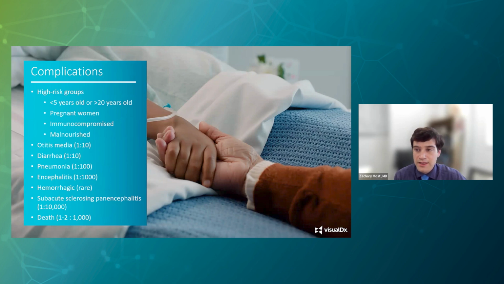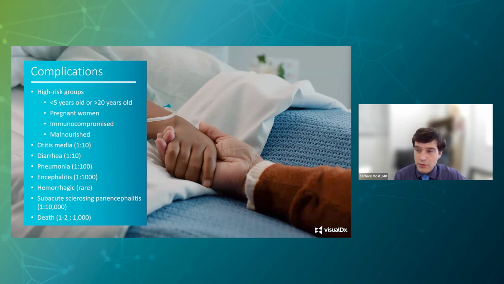deficiency. Secondary bacterial infections are common, including otitis media and diarrhea, and pneumonia, whether it's bacterial or from the measles virus itself. Encephalitis can occur. Some patients with measles have a presentation called hemorrhagic measles, which is a more severe measles infection that could resemble a DIC type picture. This is pretty rare though.